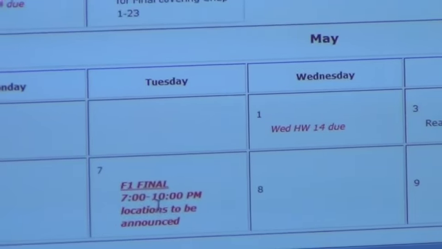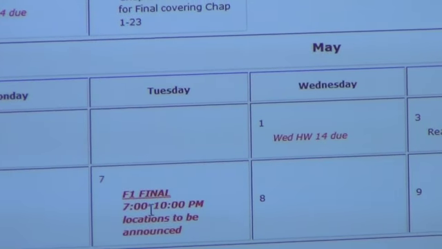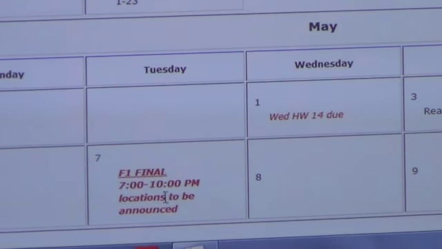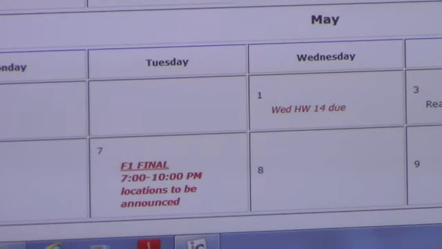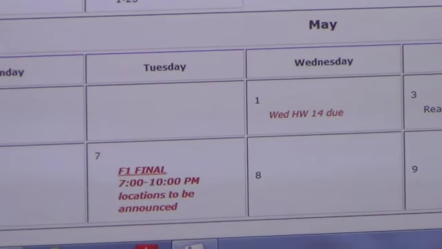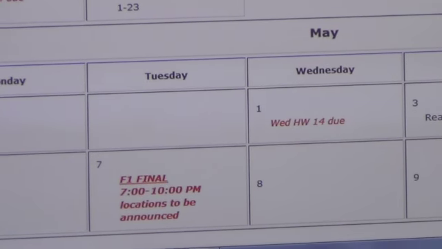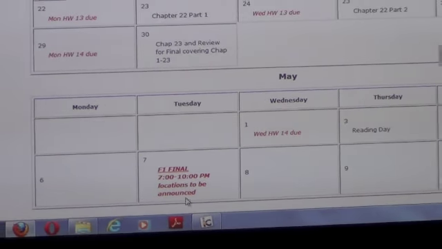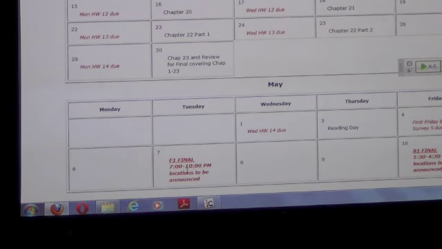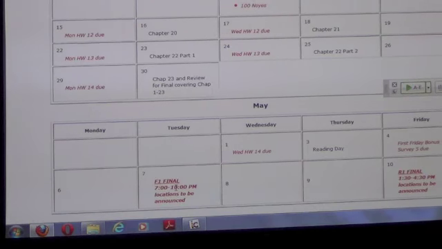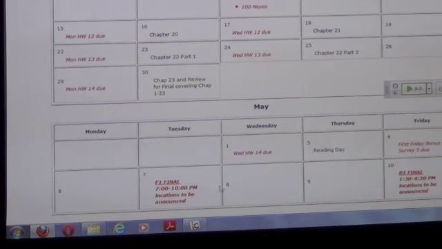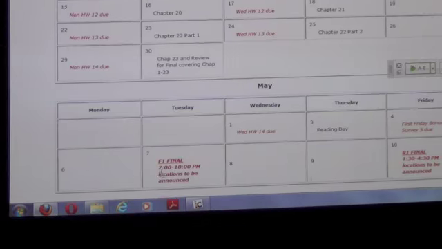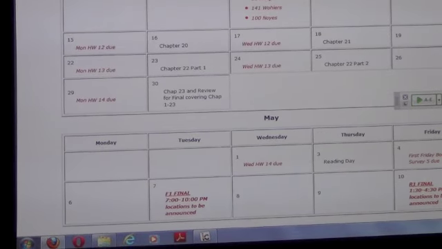If you have 3 finals in a row, you can take this conflict final. Actually, this final is more open. If you really want to take the later one, you probably can. All you have to do is come see us in 113 Illini Hall, and we'll switch you over. What's happened is the university won't give me any more space for this final. This final is jammed up. So I can't let you switch from this direction to this. I just can't get any more space. But if people want to switch from here to here, they can.